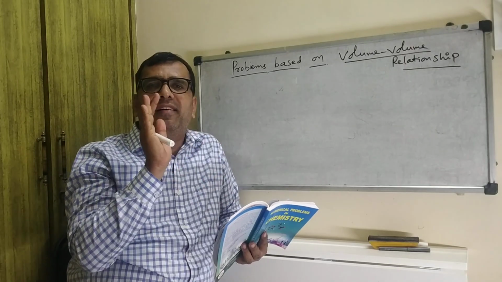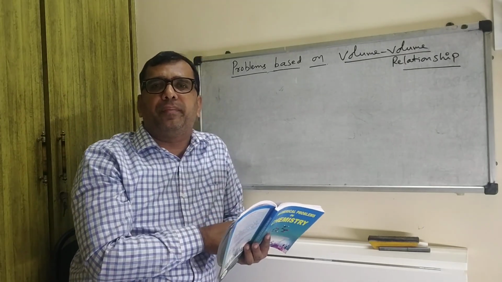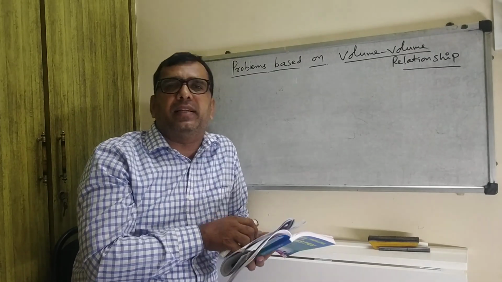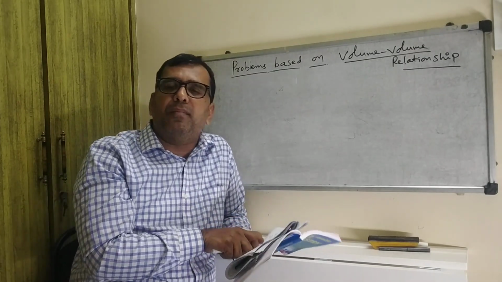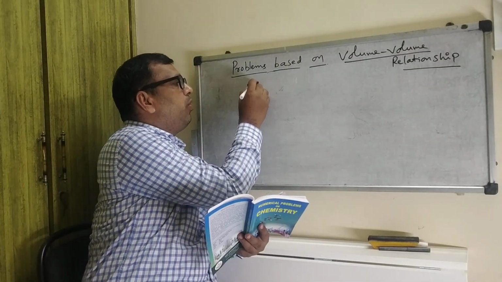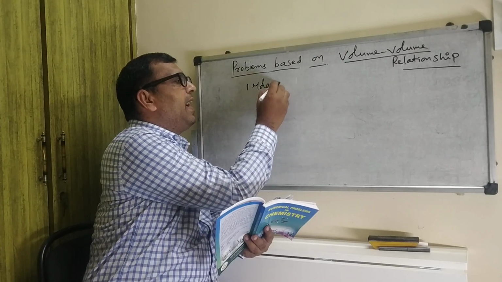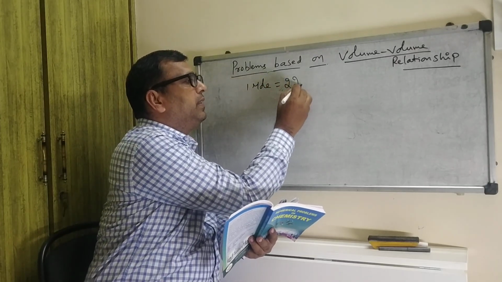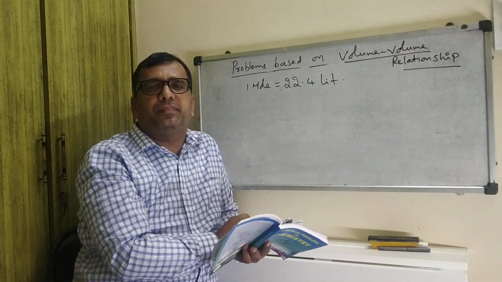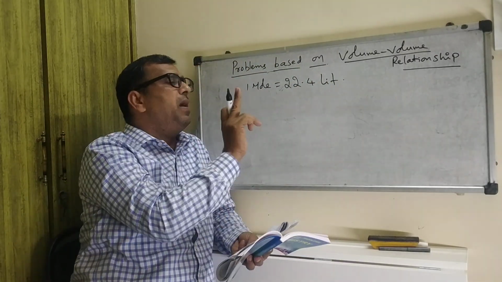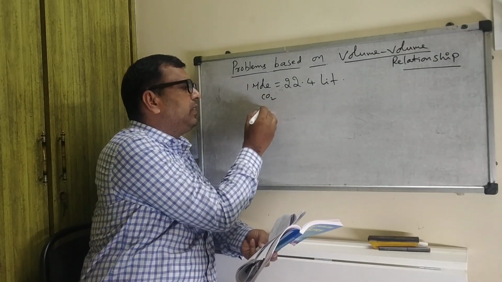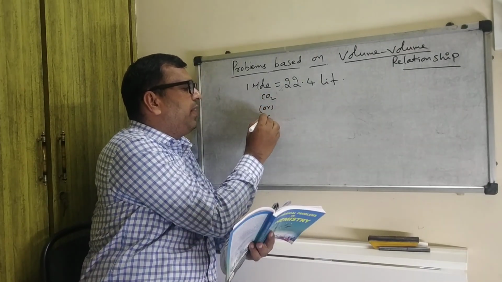Today I am going to start a new relation in the problems, that is volume relation. So here, what is the volume? Volume means at standard temperature and pressure, 1 mole of any gas occupies 22.4 liters of volume. Means 1 mole of any gas, whether it is carbon dioxide gas or sulfur dioxide